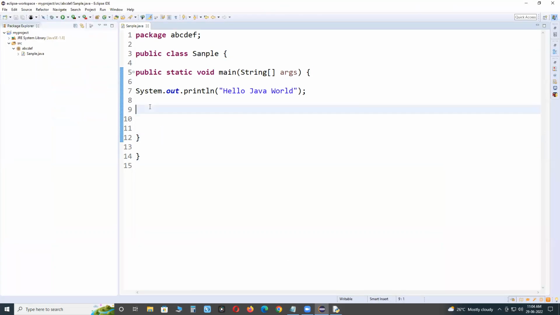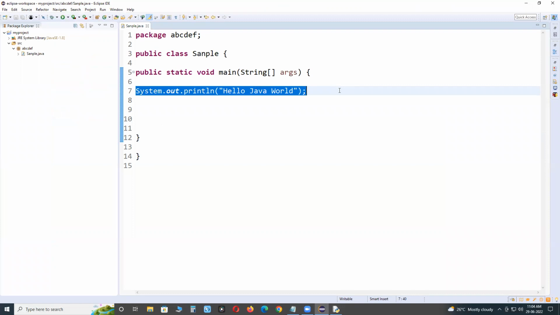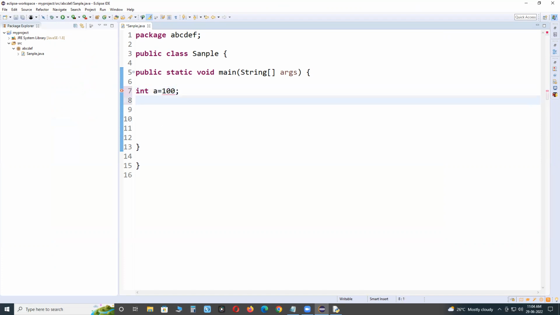But Java is a formal language. It supports explicit declaration of variables. You need to specify the data type before declaring a variable. Suppose int a equals 100. Next, not MsgBox, that is VBScript. System.out.println(a).